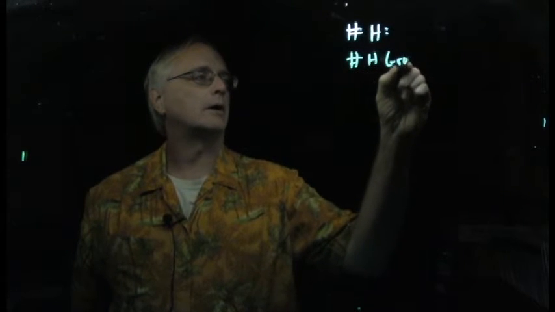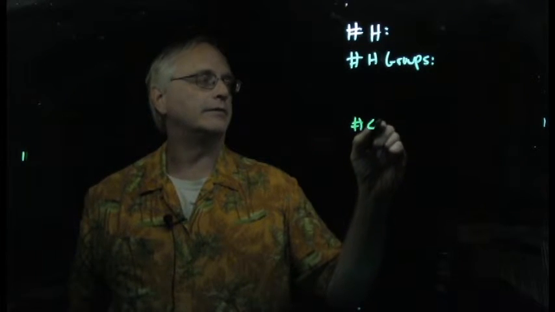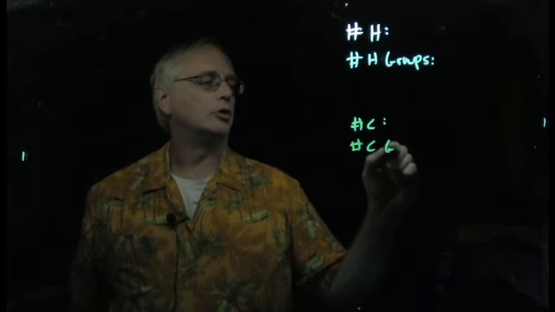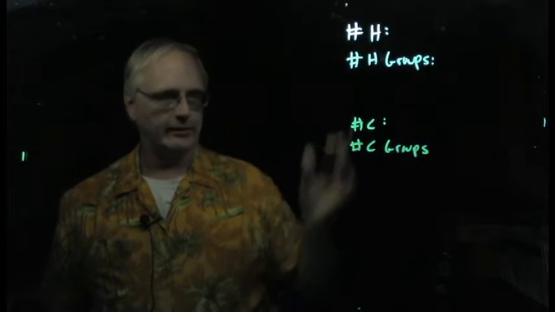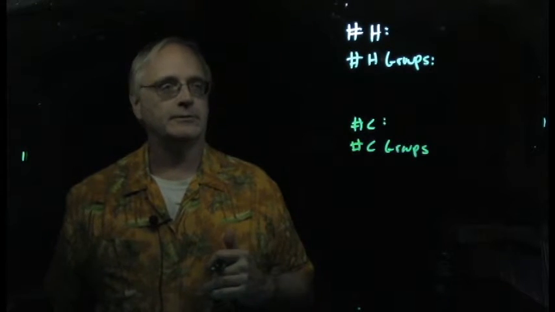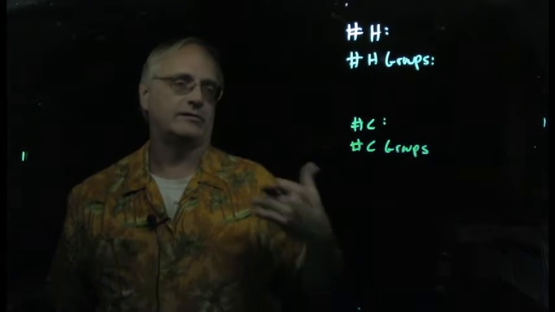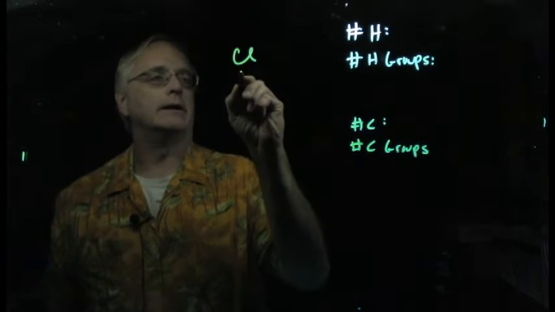So what I want to do is go through and look at some aromatic molecules and examine the number of hydrogens in them, number of hydrogen groups, and for these we'll also look at their integrations, number of carbons, and number of carbon groups. Okay? We're going to go through a series of related aromatic molecules to illustrate applying the ideas of distinct hydrogen groups, integrations, distinct carbon groups, and looking at what symmetry does to simplify an NMR spectrum of these types of molecules. And the first one I'm going to look at is